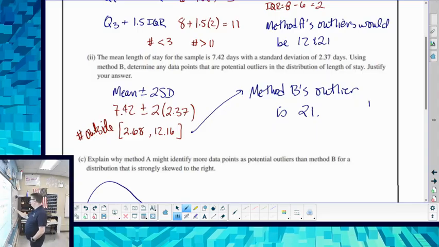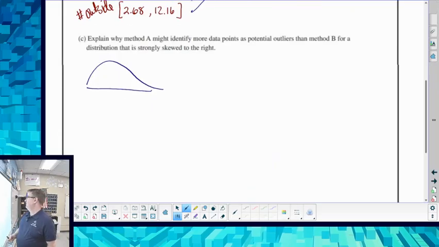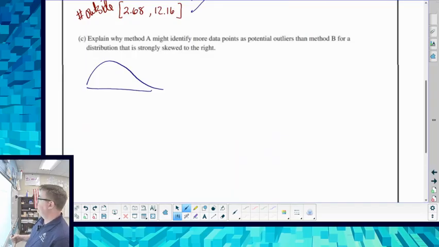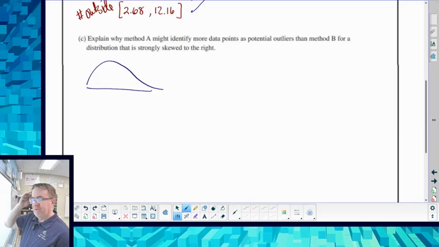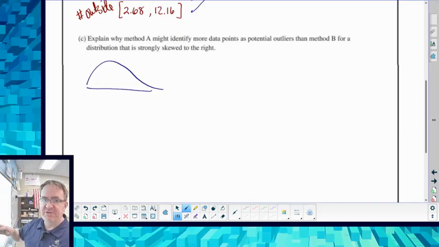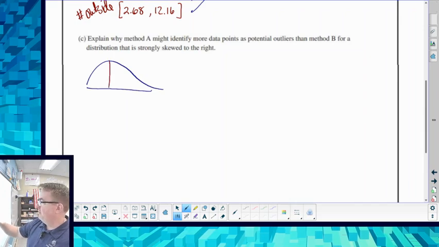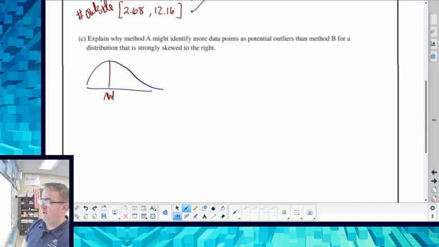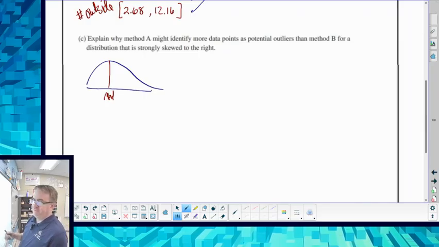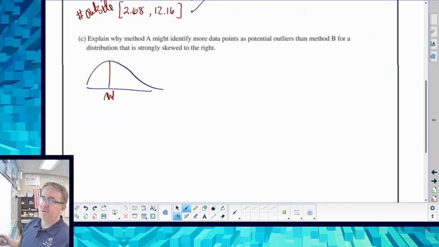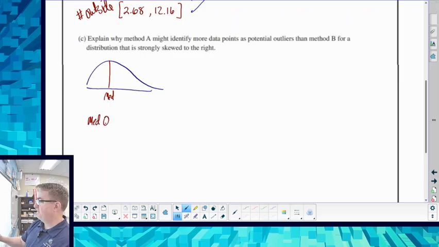Now here comes how you're going to wrap all of this up, because this is how you're going to pull your 4. Explain why method A might identify more data points as potential outliers than method B, where the distribution is strongly skewed to the right. So let's talk about this. I would play around with this in my head, maybe jot out some notes, and then I'm going to make it look really nice here in a second. So my median is going to be my median. Now, if you think about it, which one is also influenced by skewed data? So median and quartiles